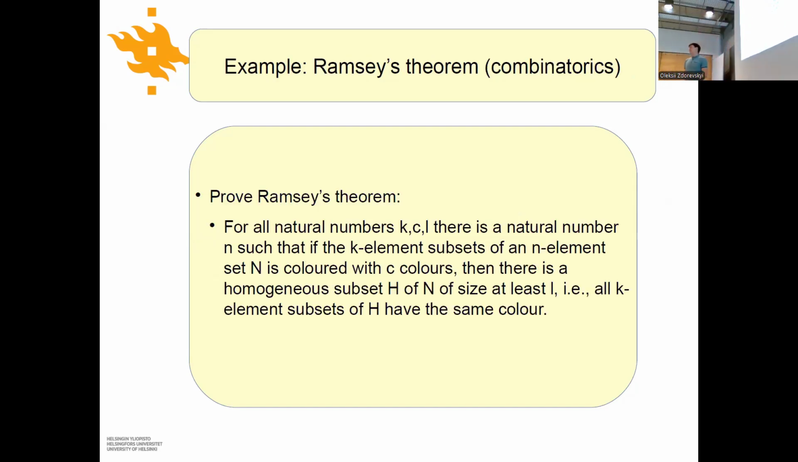Okay, another example is from combinatorics. If you studied combinatorics, maybe you know a little bit of it, but the formulation here is elementary, so you really don't need any background on that. What Ramsey's theorem says, in one of its simplest formulations, is this: